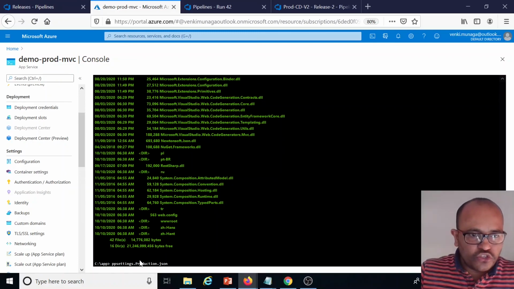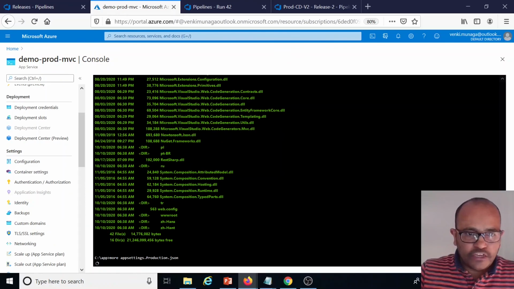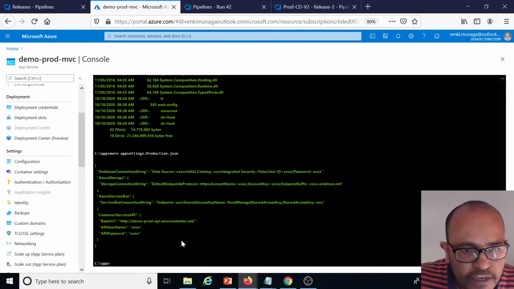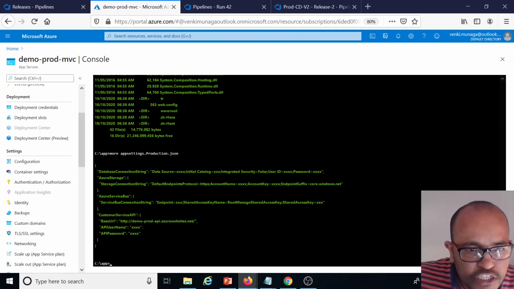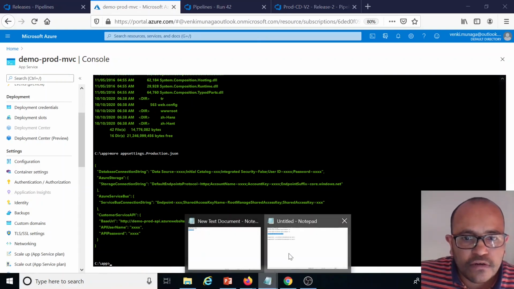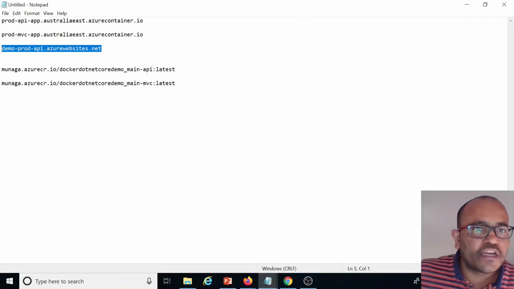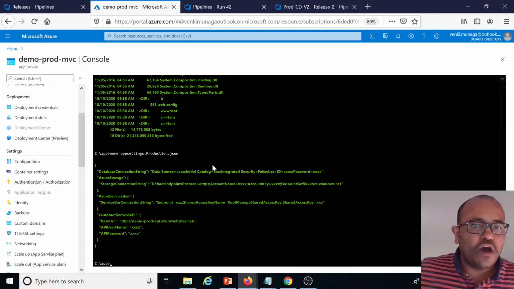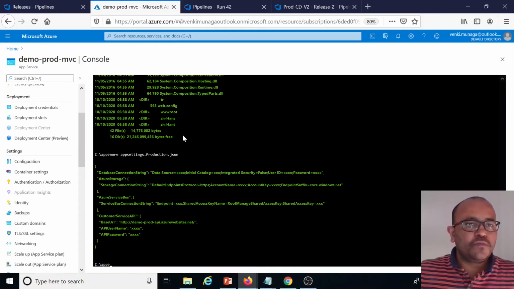Now I will look into the file in the command line. If I see here, whatever changes are there, it is there, because this is what I gave. So the connection should work now. Now my latest changes are already deployed.